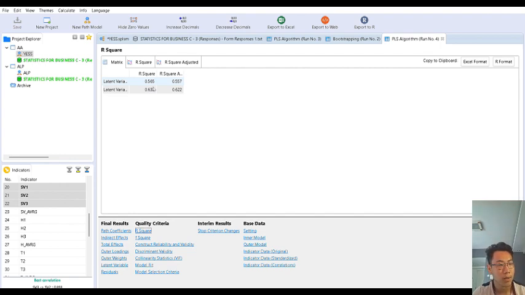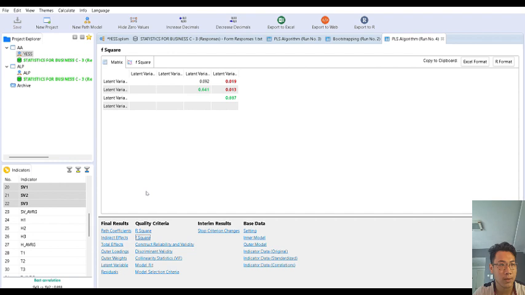Okay, so the next step is analyzing the F-square. For this one, only two paths can be seen, and there's only a small effect, which in this case is 9.2%, and the second one is a 64.1% effect.